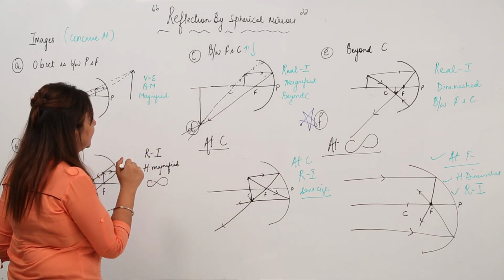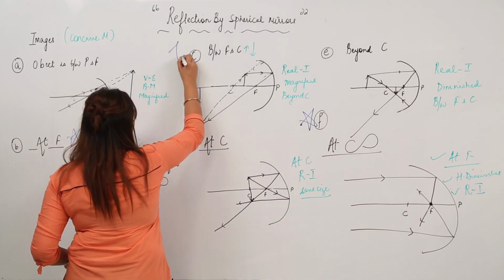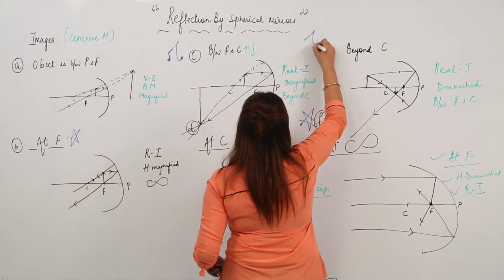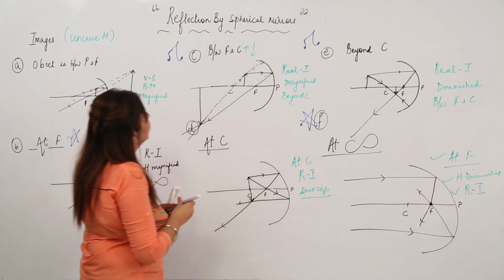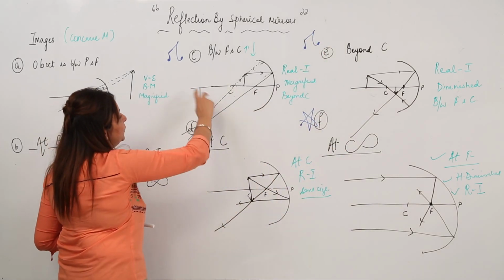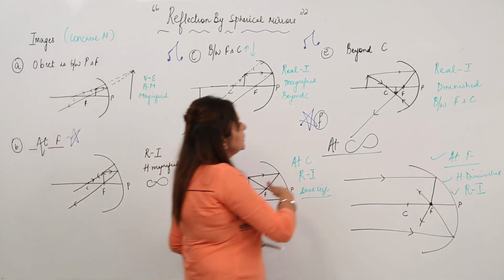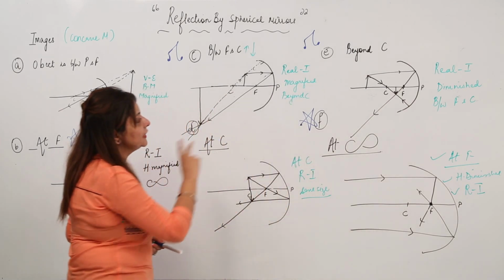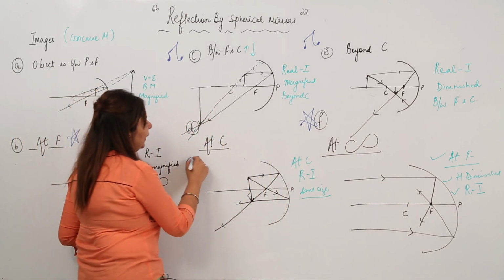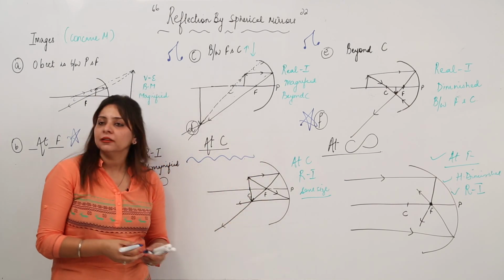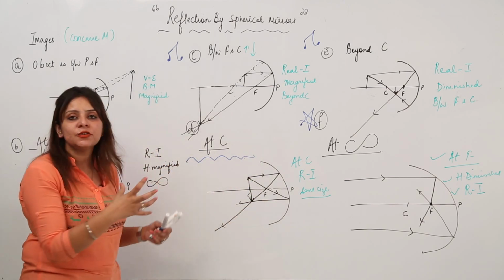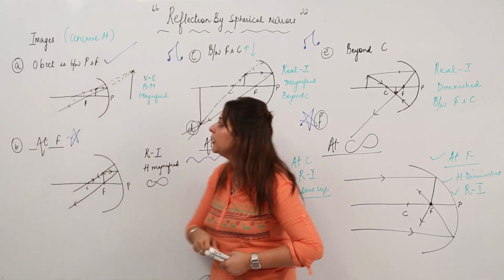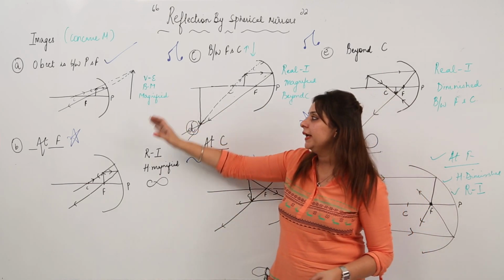And moreover, even these are similar. I am just going to put a sign here so that you can look for this similarity, this one and this one. See, here the object is between F and C and the image is formed beyond C, and in this case the object is beyond C and the image is formed between F and C. In both the cases it is real and inverted, and even this is very simple to remember because at C, at C. So that means they are all interrelated, and only one you have to keep in mind, that for the object between P and F, the image is formed behind the mirror, virtual, erect and magnified.